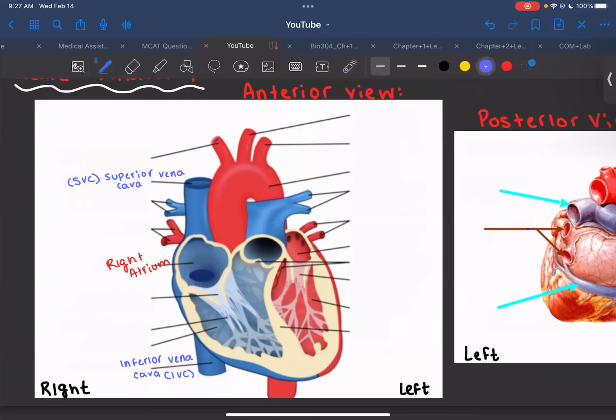So now, if we keep going here, we have this one right here. This right here is a valve. So this is going to be called the tricuspid valve. You can also call this the right